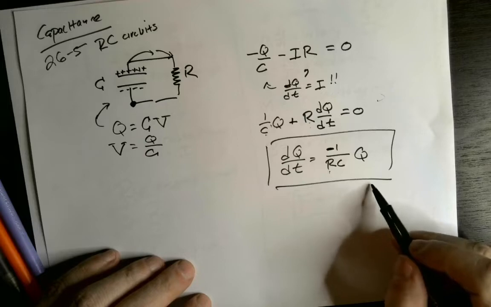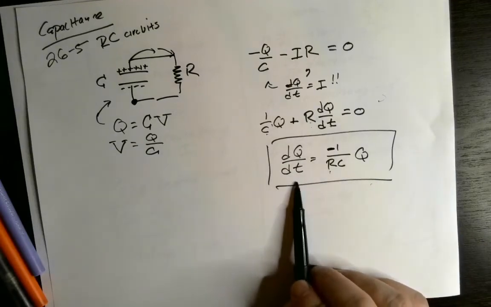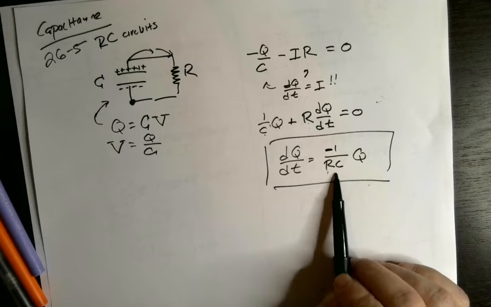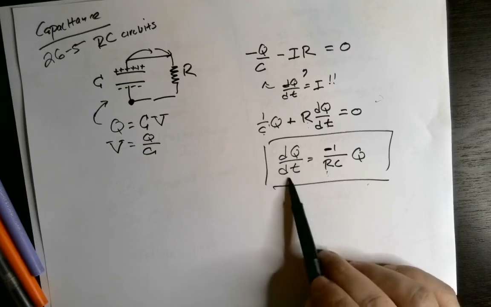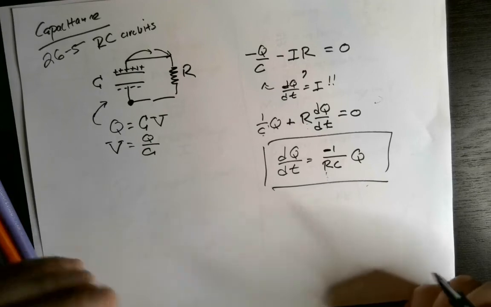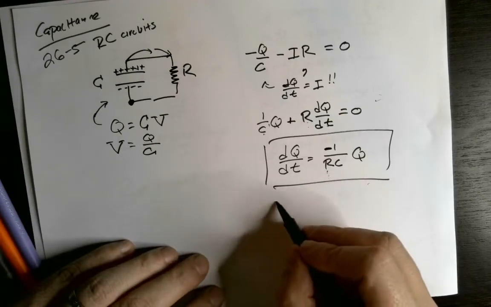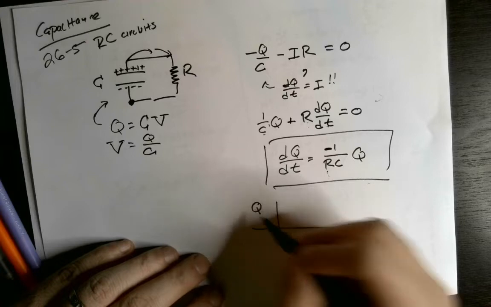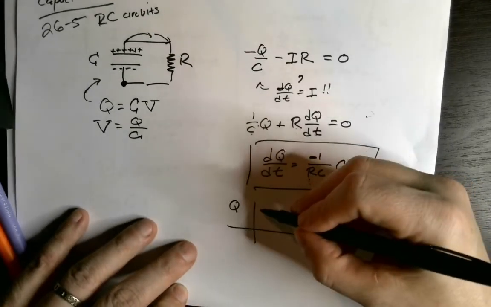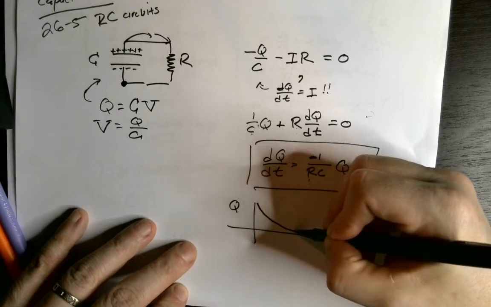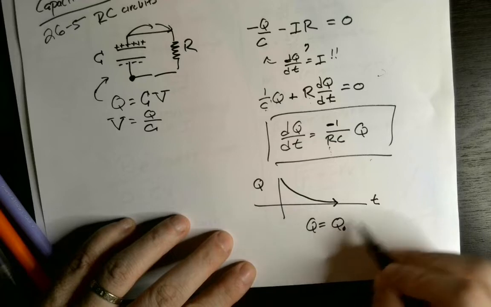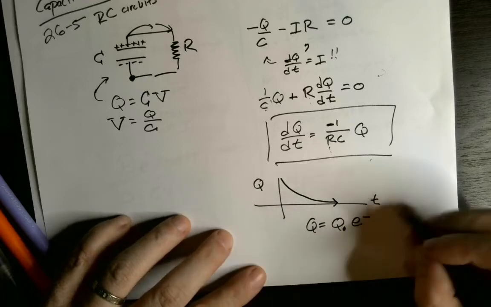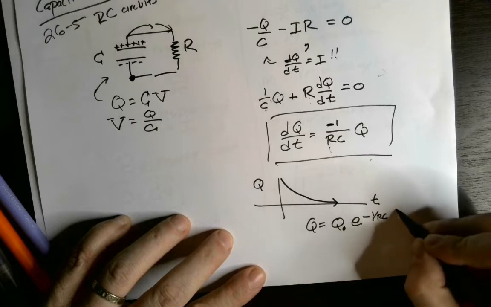Because we should recognize this differential equation also. We've got the rate of change of something, in this case the charge, equals some negative constant times that thing. There's only one function that has that behavior, that its derivative is a negative constant times the thing, and that's the exponential function. So we should recognize that the solution to this will be something like the charge over time on that capacitor is going to empty out exponentially approaching 0. That Q is going to be equal to some initial charge times e to the minus 1 over RC times